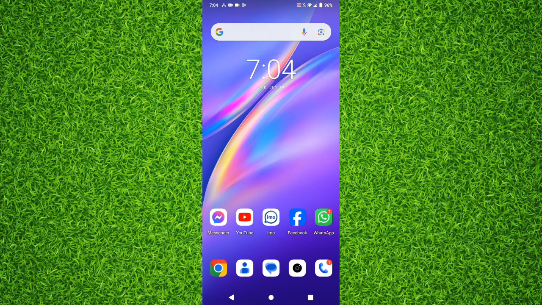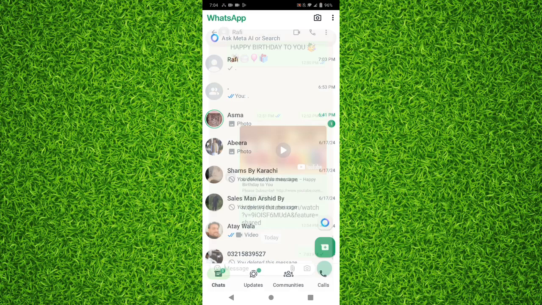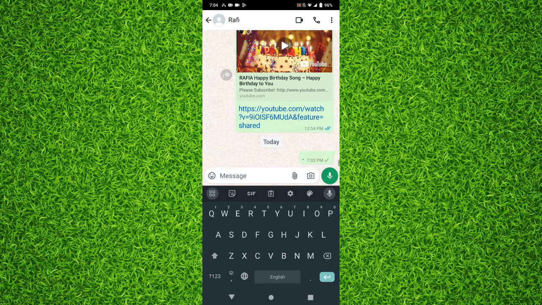So let's get started. First of all, open the WhatsApp application. Now tap and select the chat to which you want to send Italic text. To make text Italic in WhatsApp, you need to add an underscore before and after the text. For example, if you want to send hello,